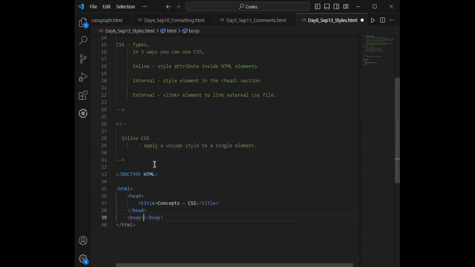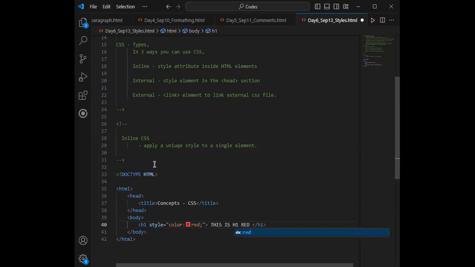And then we can give the body tag and here we can use the h1 tag. And see, inline CSS, we use it here. Look at the way we use the style here. In this one, we can add properties like background color or font color. So we can use red color in here, so the text in the h1 tag will be shown in red color. We can say this is h1